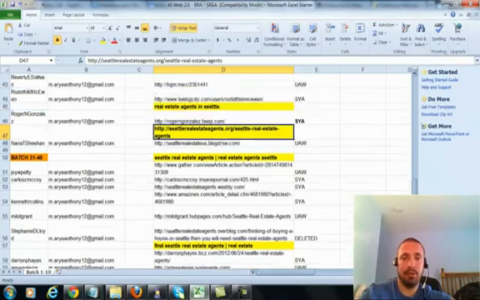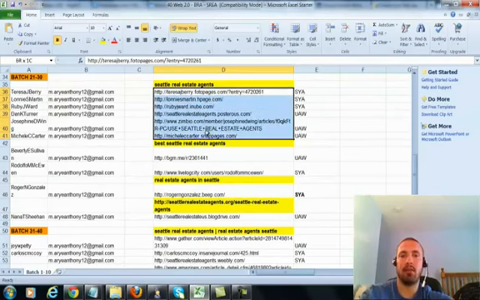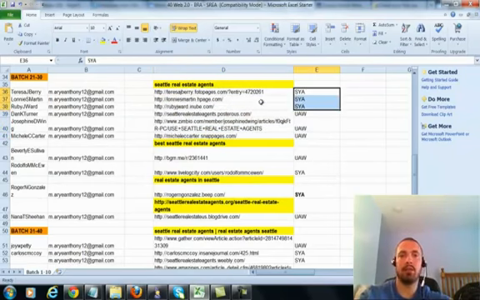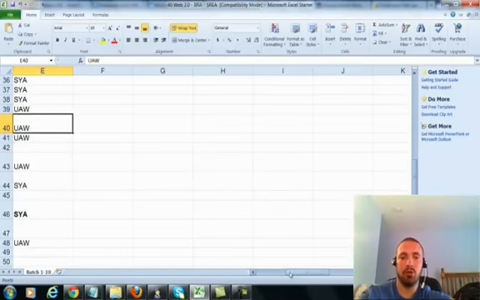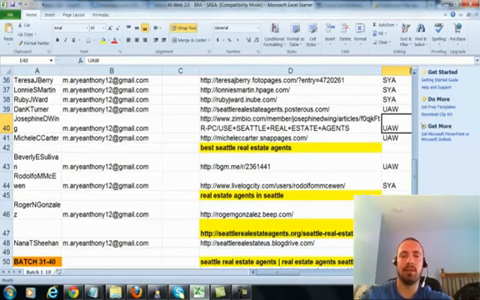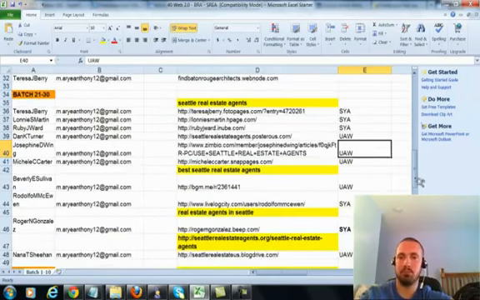As you can see here, I mix them up, like first 3 SYA, next 3 UAW, because I don't want all of my SYA submissions to have the ones that have only 1 link with my main keyword. I want to mix them up. I want to have 3 with SYA that have just 1 link, then 3 with UAW that have just 1 link. That's not super important, but that's the way I did it, okay? Just to mix it up. Because I don't want the same service going to the exact same Web 2.0 properties, or to a similar setup of Web 2.0 properties. So I just mixed it up like that.